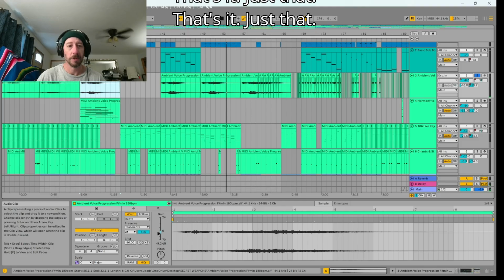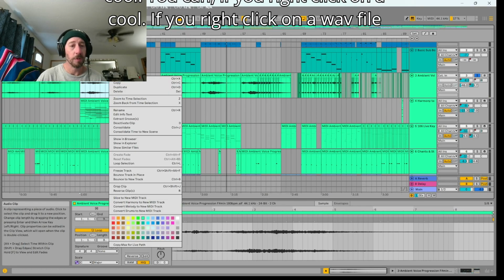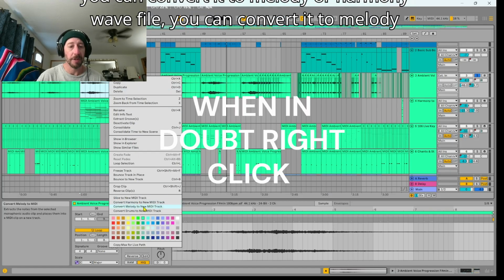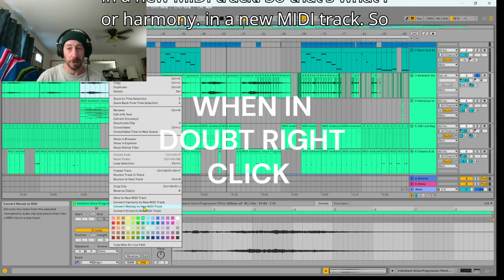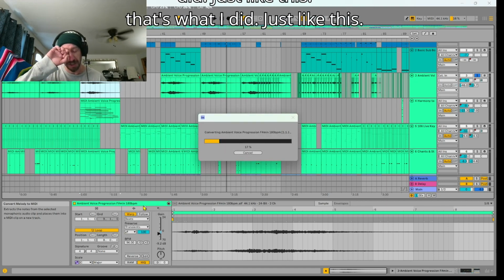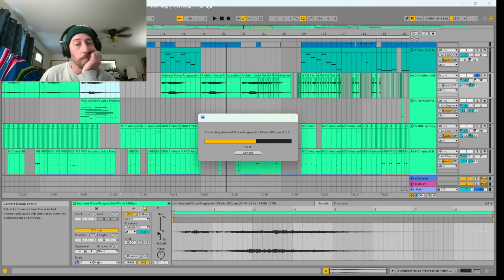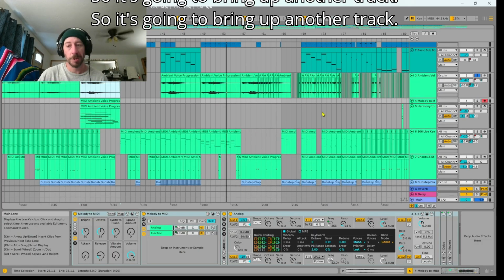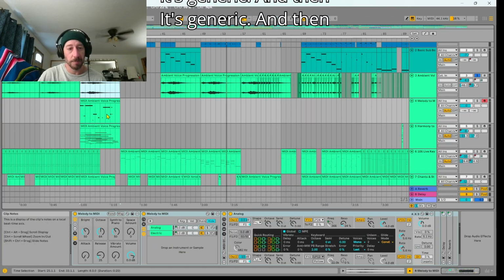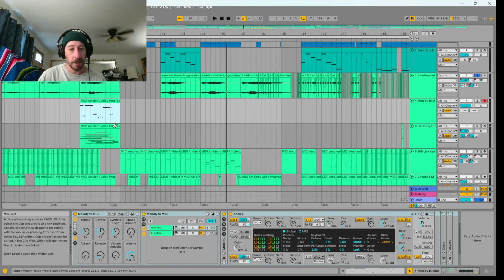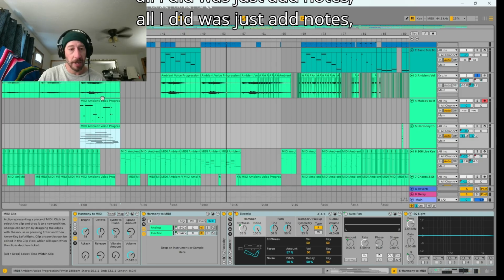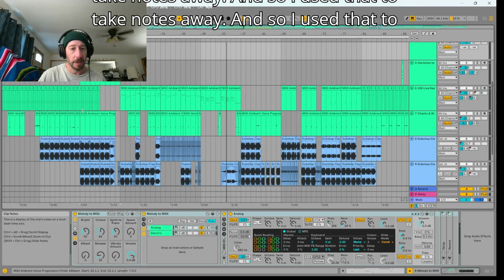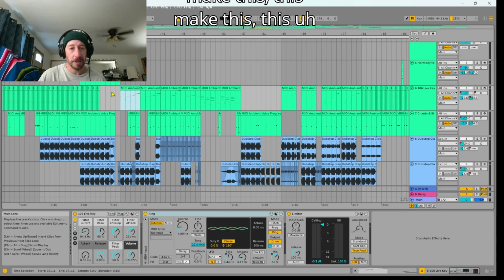That's it. Just that. So Ableton's really cool. If you right click on a WAV file, you can convert it to melody or harmony in a new MIDI track. So that's what I did. Just like this. So it's going to bring up another track. It's generic. And then all I did was just add notes, take notes away. And so I used that to make this